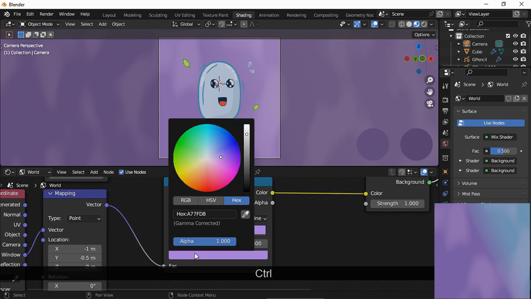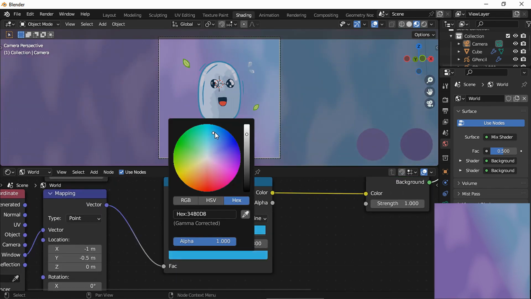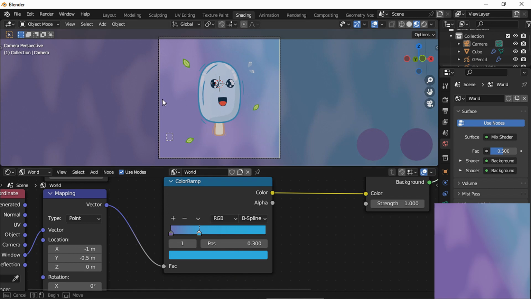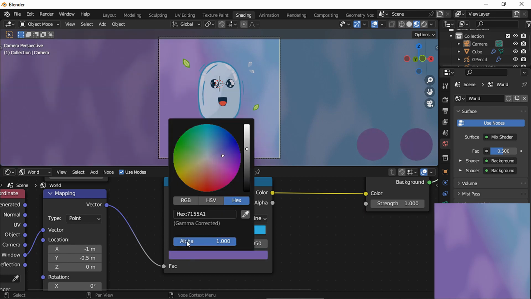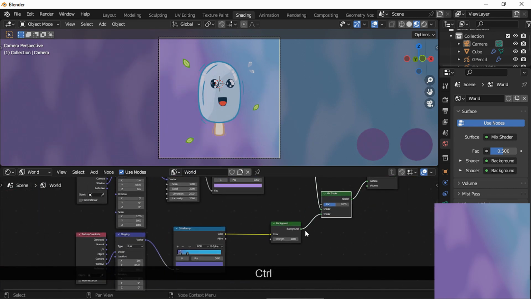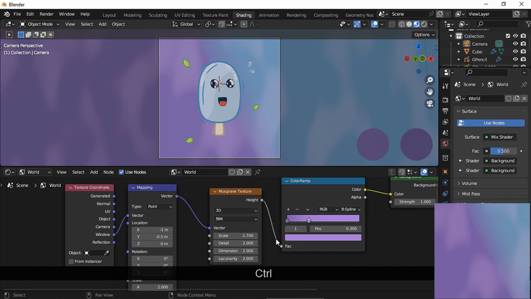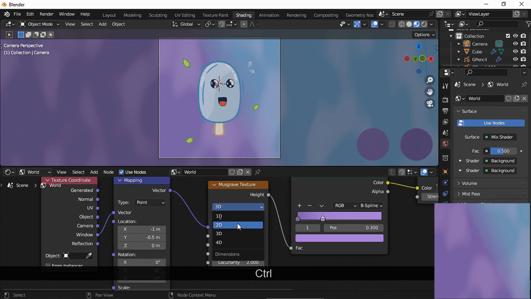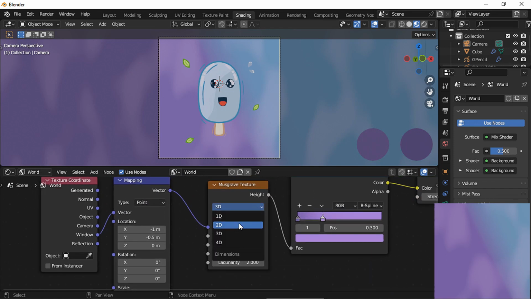And now if you change the color of this color ramp, it adds a gradient on top of the clouds. And of course, you can change the Musgrave Texture node settings to get different shapes.